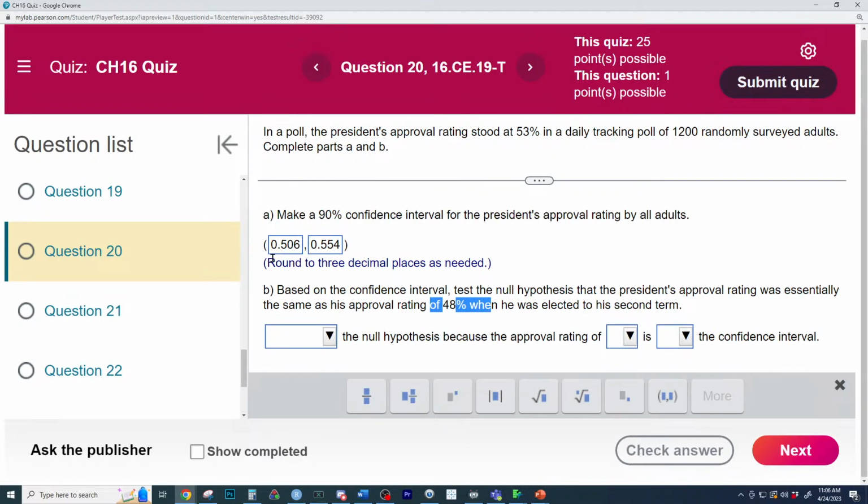Because you're saying you believe it's somewhere between 50.6 to 55.4. You're 90% confident that the approval rating, if you were to talk to all people, so it's not the poll's approval rating, because you know what that is. You know what the sample was. So do you think the truth is 48%? Do you have evidence for or against that, and why? So think about what you're saying. I am 90% confident the president's true approval rating is somewhere between 50.6 to 55.4. Yeah, exactly. Yep. I would reject that because 48 is not in the confidence interval.